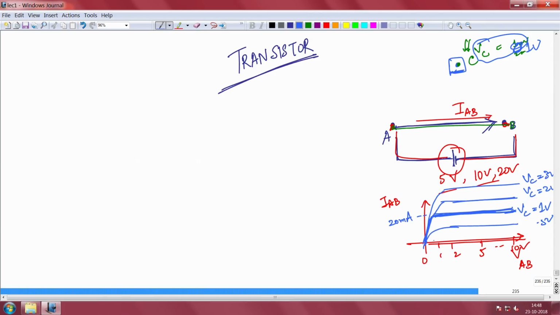So, you see the current between two terminals is independent of the voltage between the two terminals, but I am changing the current from this to this to this by changing the potential at a third point, or maybe the current that you are putting in at the third point. This is a transistor. You are basically controlling this current with an applied third voltage. This is what a transistor looks like.